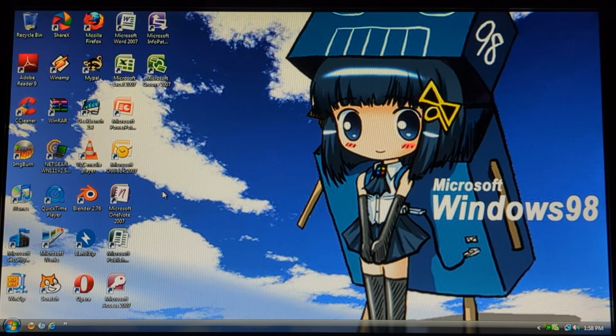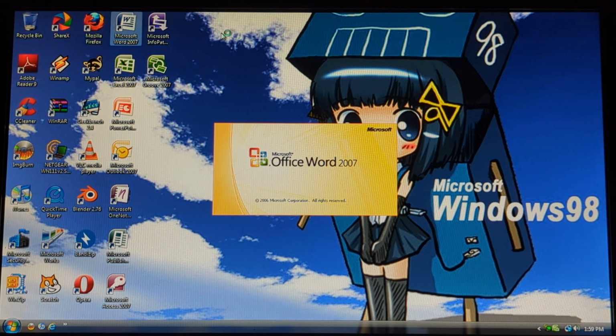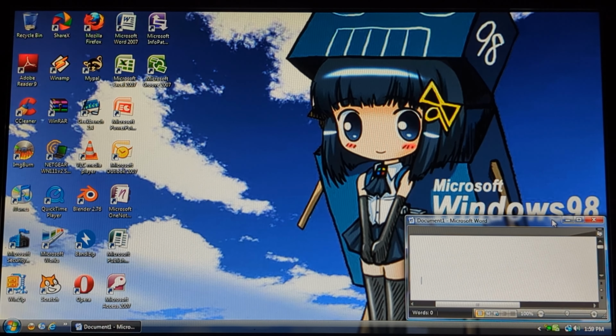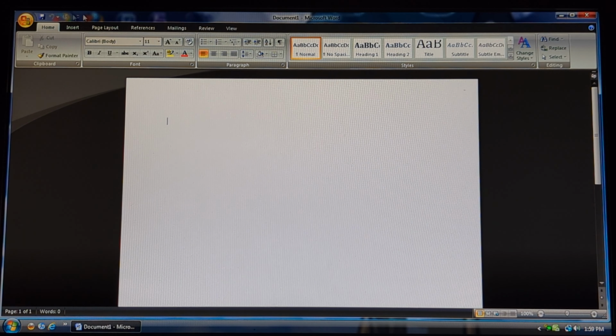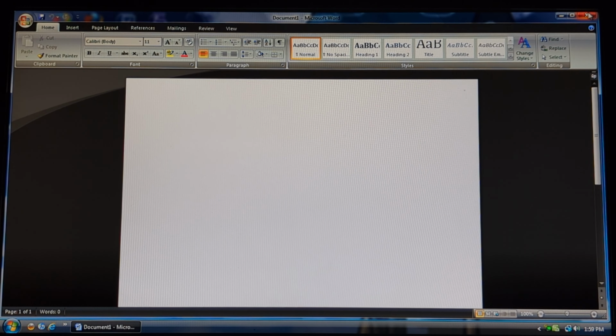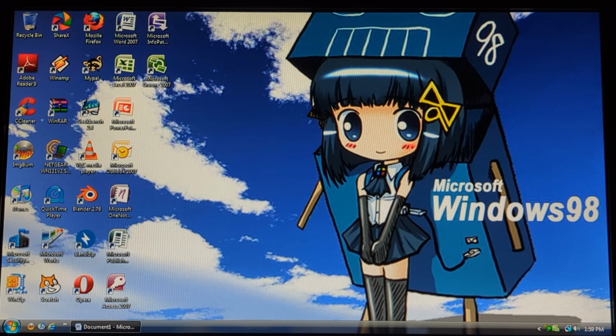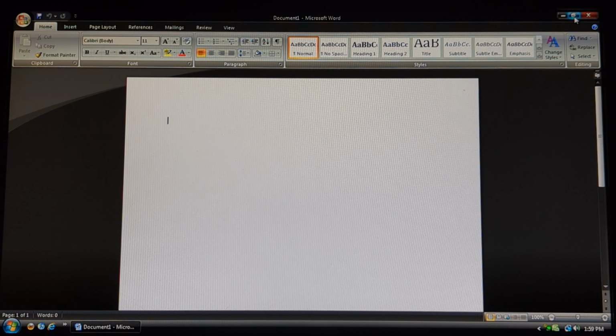As you can tell, we've already got OneNote and Groove running in the background. Let's not waste any more time. Now you'd think that I would maximize this. Well, no, we're not going to maximize it. With Windows Vista, we are not going to maximize things, but if we go,